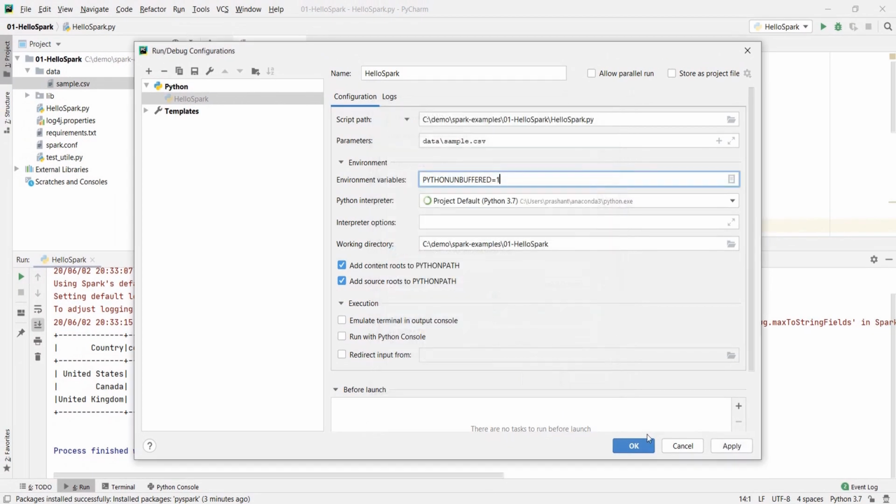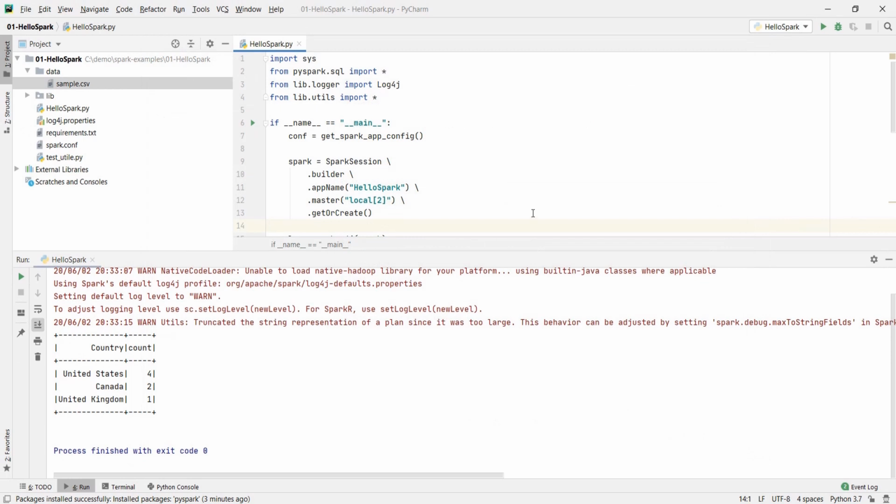The second most common reason for failure is the Spark home environment variable. We downloaded and configured Spark 3 in the earlier video, right? However, we are using PySpark 2.4.5. Why? Because PySpark 3.0.0 is not yet available in pypi.org. So the Spark home for PySpark 3 might have a conflict with PySpark 2.4.5.